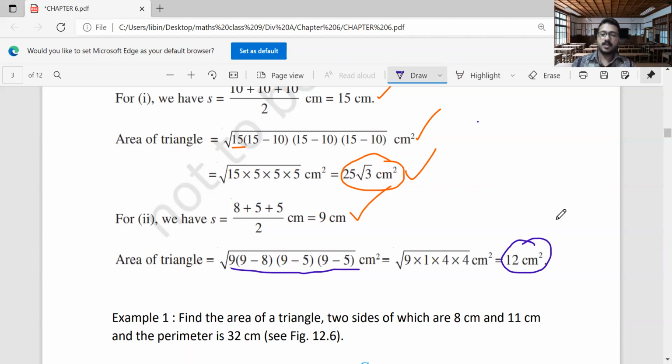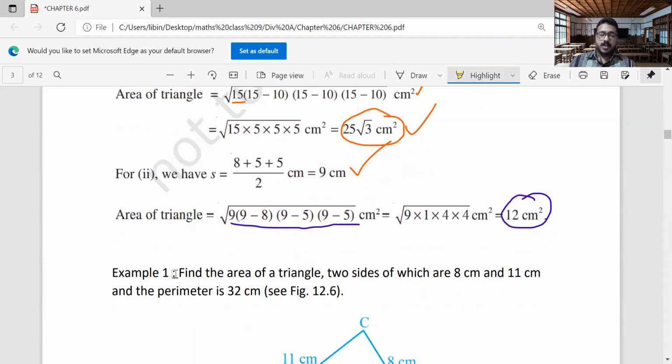Okay, so let us do some examples regarding the use of Heron's formula. Example 1. Actually, in this chapter only this equation is there, and we are doing some examples to make you familiarize how and where you can apply this Heron's formula. Nothing more in this chapter. This is a small chapter. By one more class we will finish this chapter. This is a simple chapter also.